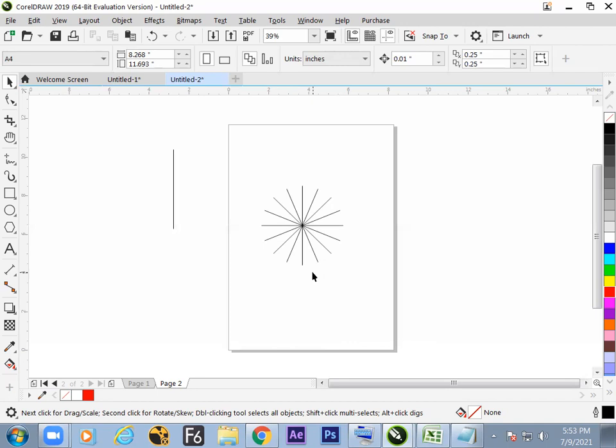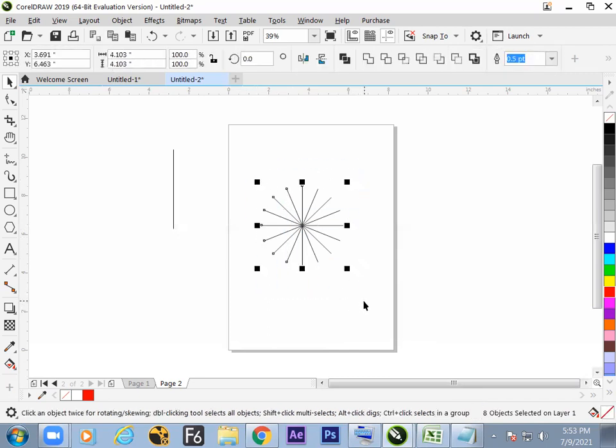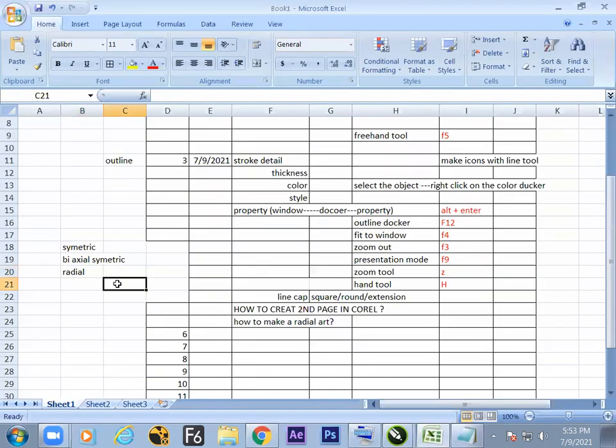Under this rule, a lot of designs are evolving. Example, rangoli, flower, anything if it is looking good, the reason behind it is that this rule is working at the back end. What is the rule? Radial. The best example of radial art, what is that? Just now I've told, rangoli, flower. Why is a flower beautiful?